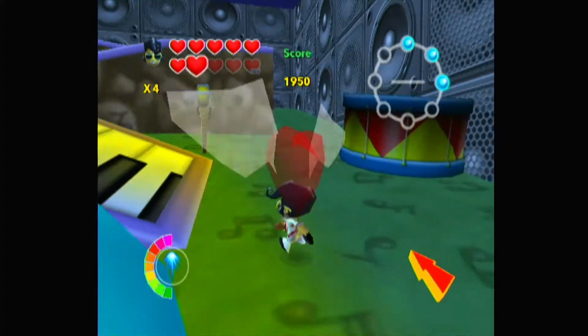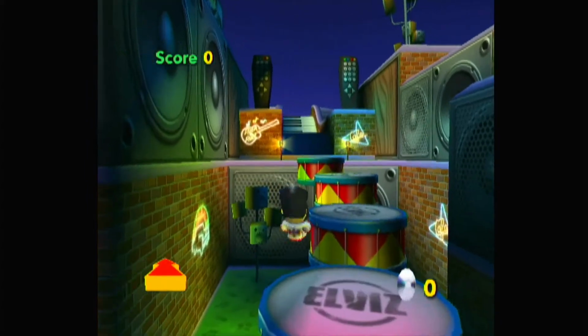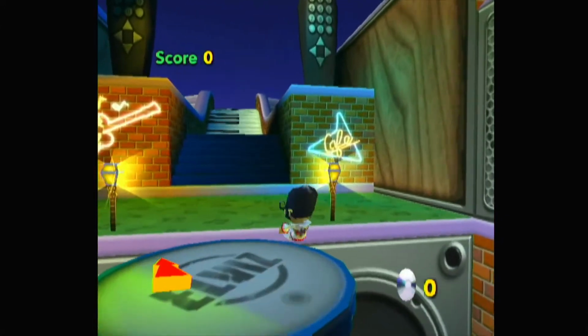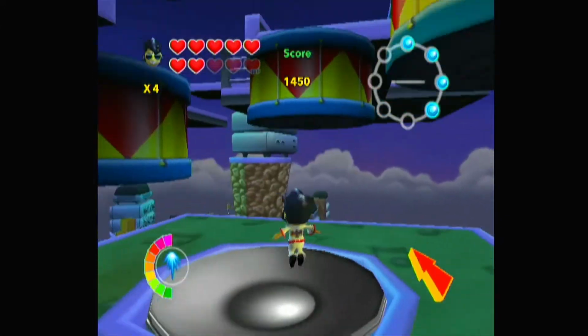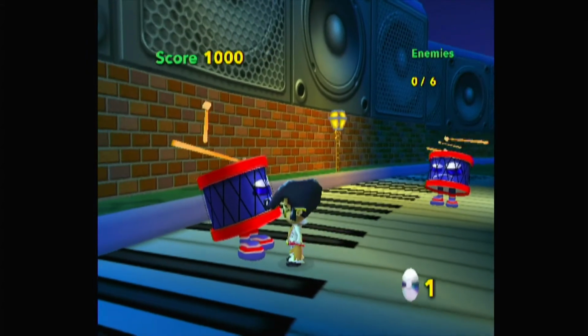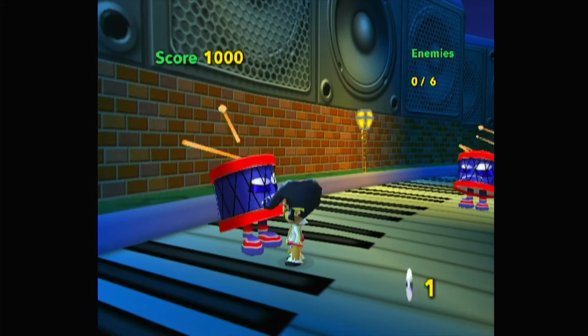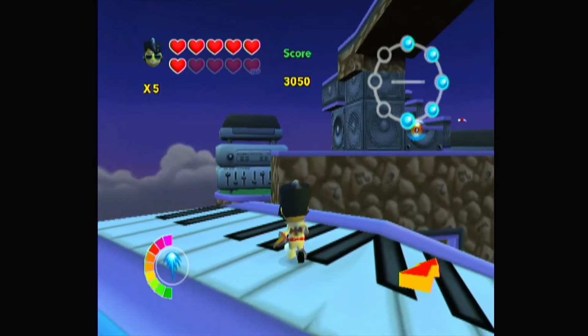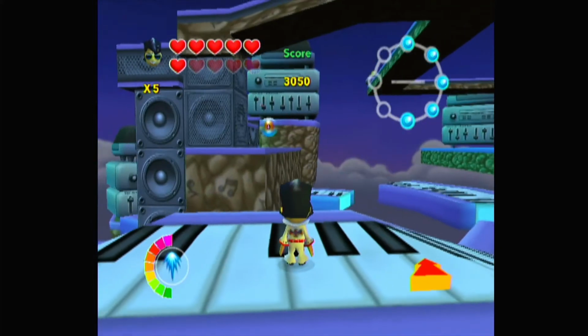Now there are some differences. For one, the controls are slightly different. The motion controls for jumping seem to be a lot more responsive here. I still didn't use them because why the fuck would I not just use the Z button? In return though, swinging the Wiimote to use your guitar is way less responsive than it was in Ninjabread Man. I still use the projectile to take care of most enemies because fuck motion controls.